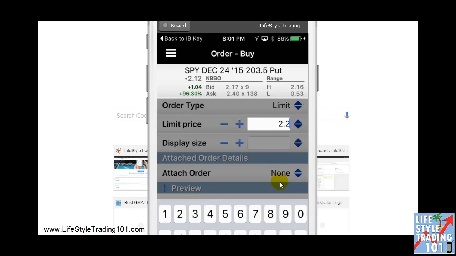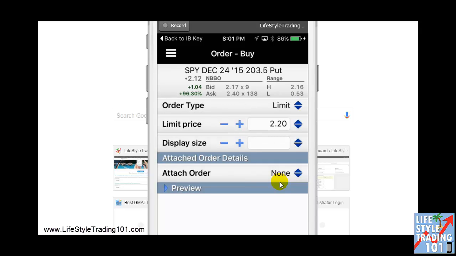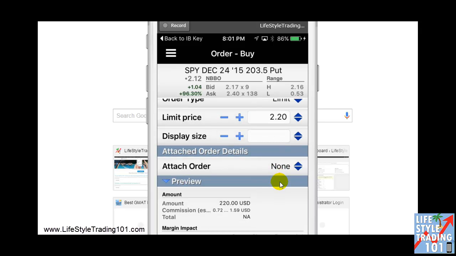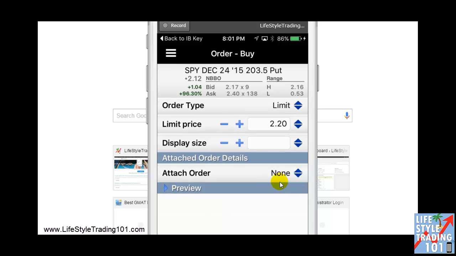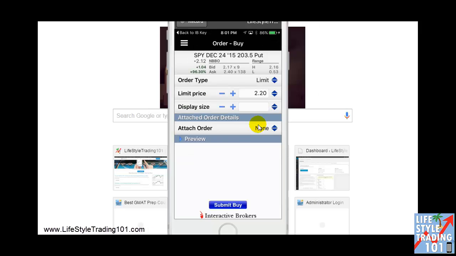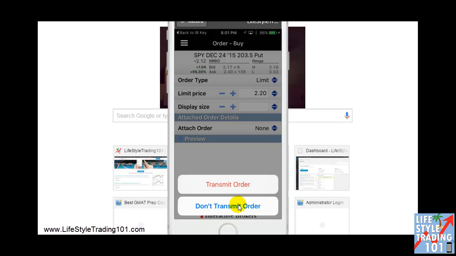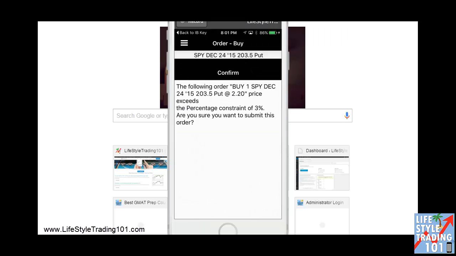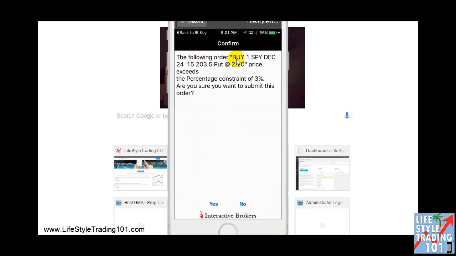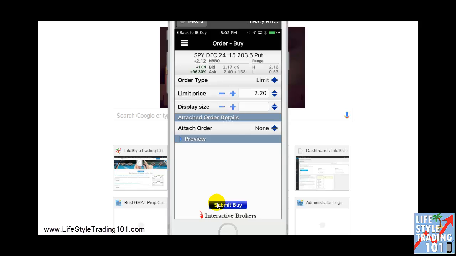2.2, click done, and then you can also click preview, get a sense of what stats that has. But otherwise, you would basically click the submit button right here, and then hit the transmit order. Since the market's closed right now, it's not going to go through, but I can do it, and it's going to say buy blah blah blah, exceeds or whatever. So you just click yes, right? Click yes,